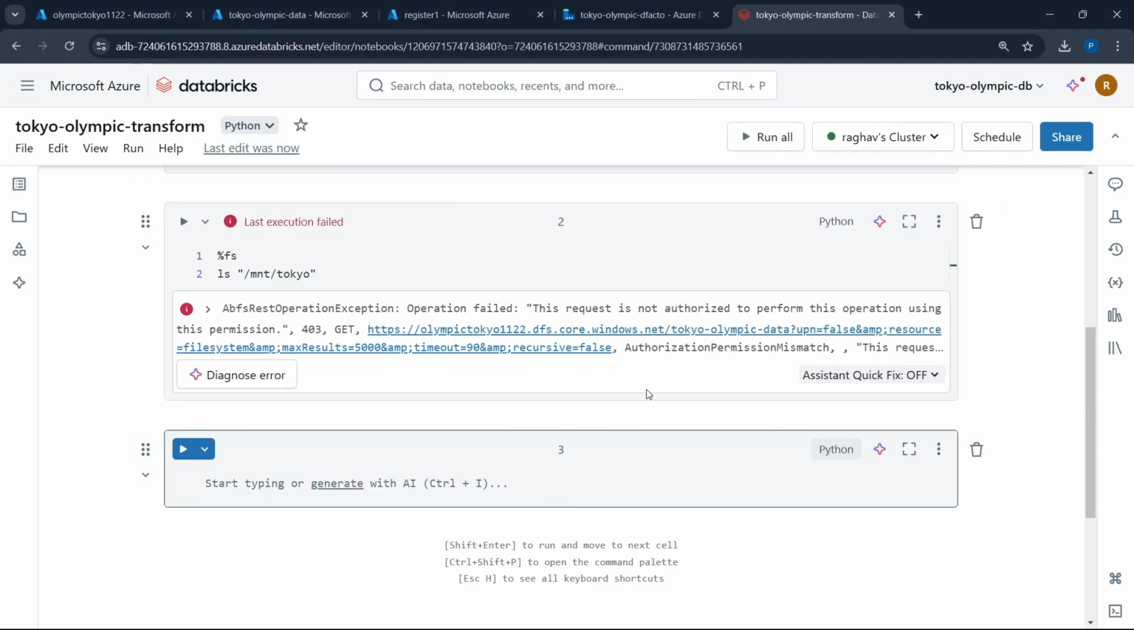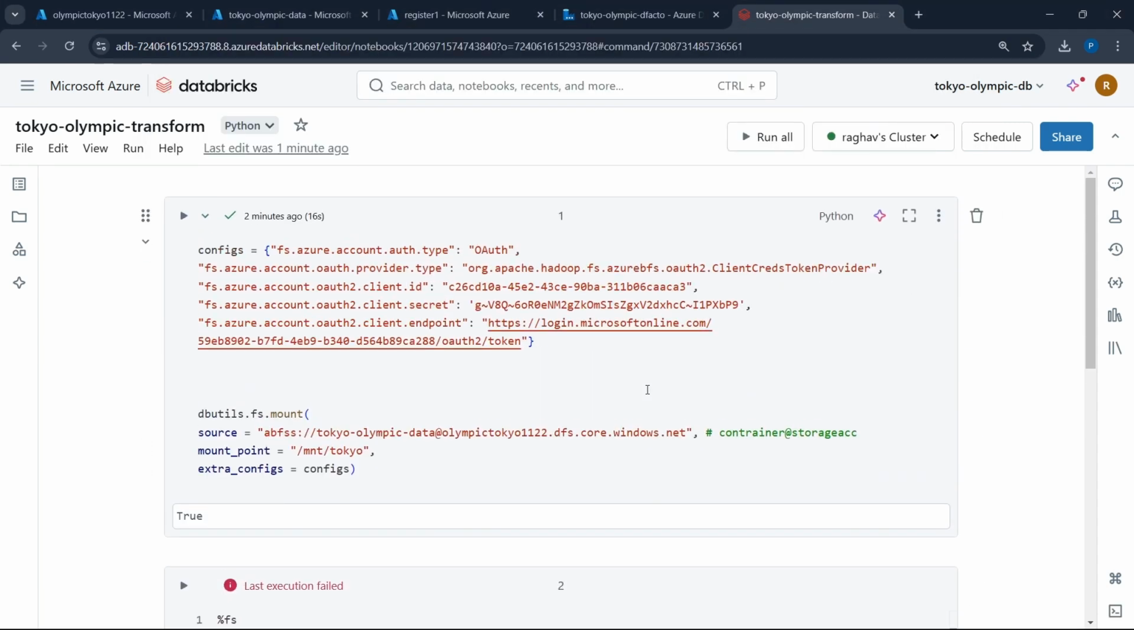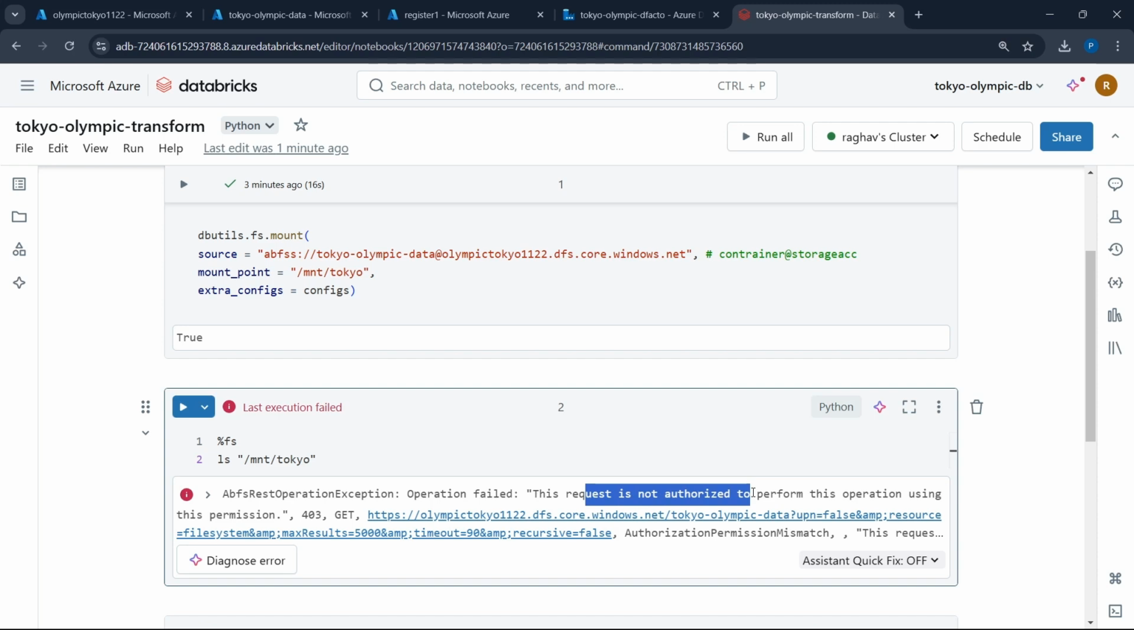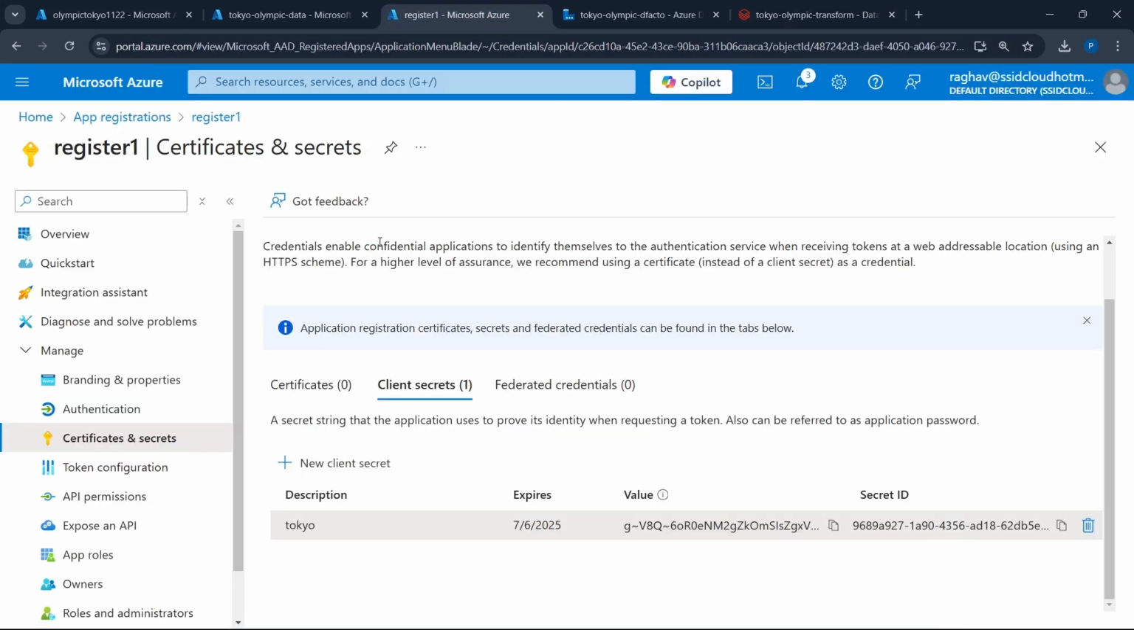And why we are getting this error is because we created an app registration and we were trying to use that app registration to get data from the data lake storage to our Databricks. But we did not explicitly provide that app access to get data from the data lake to our Databricks. So what we will do is go to this